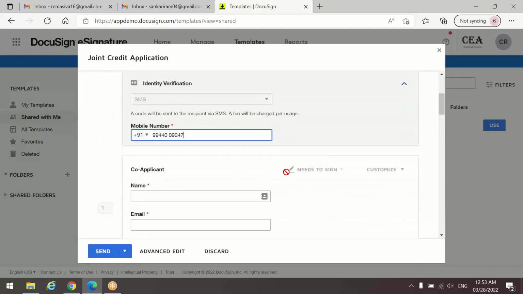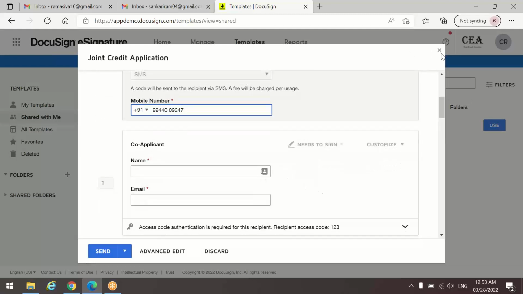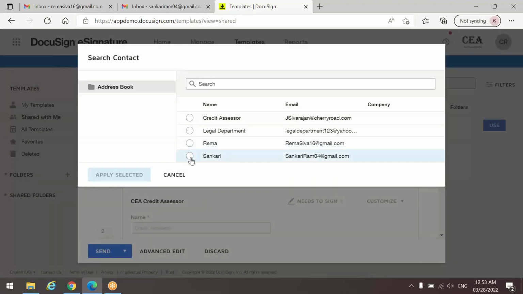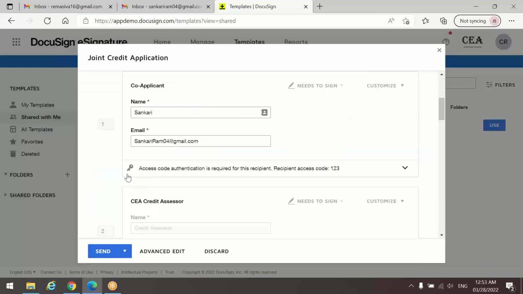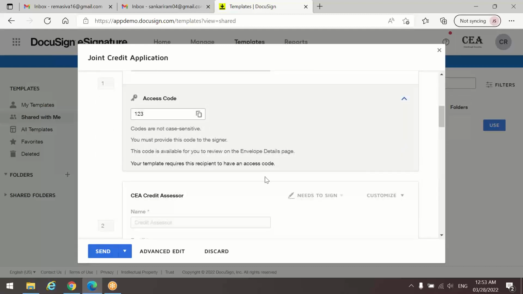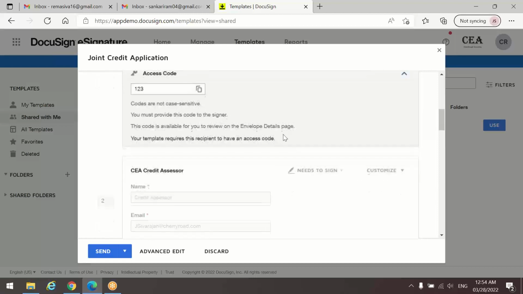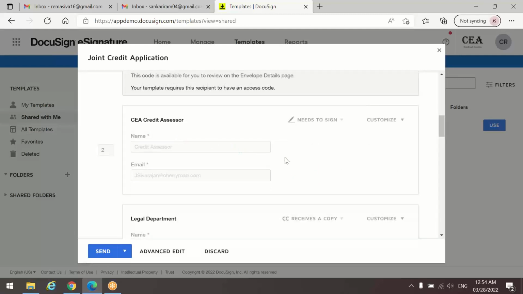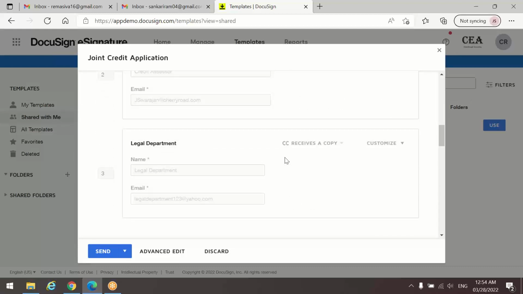Here my co-applicant will be this, and the email is given. For the identity verification I have selected the access code, where 123 is the access code which I have to give for accessing the application. And here you find the credit assessor. It's all grayed out